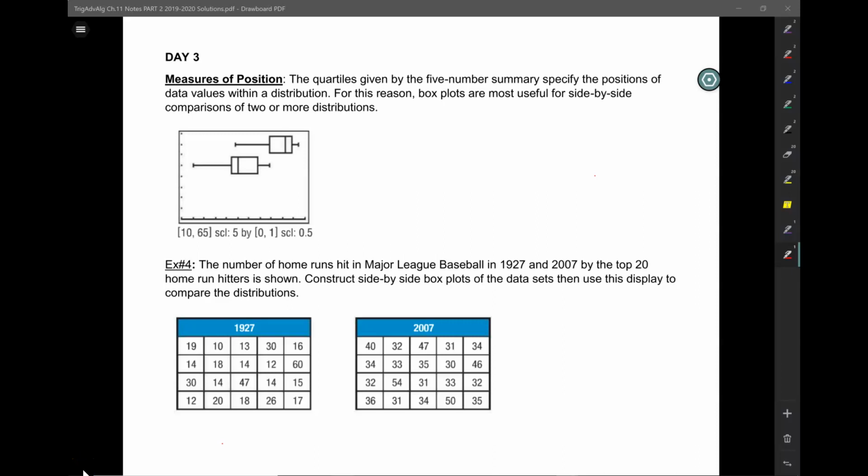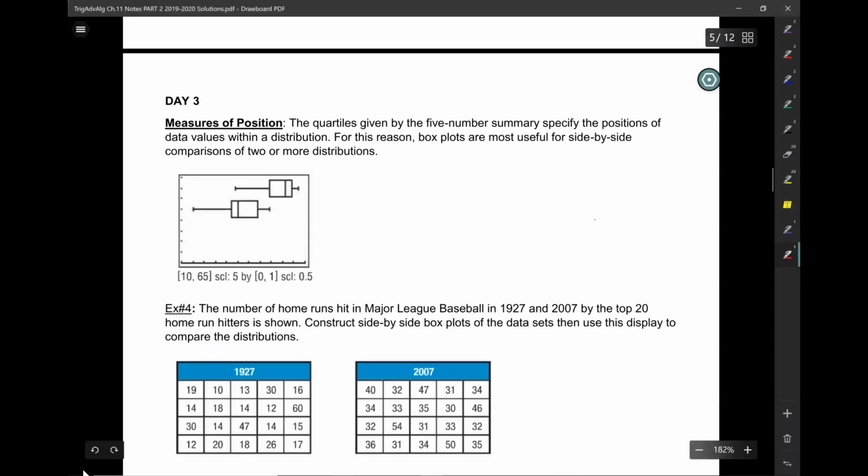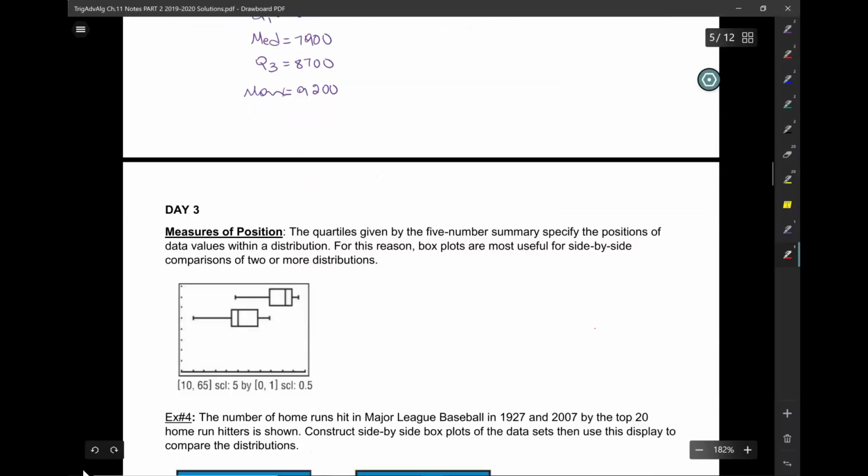Hey guys, this is 11.1 day 3. Today we're going to continue talking about our box plots and our